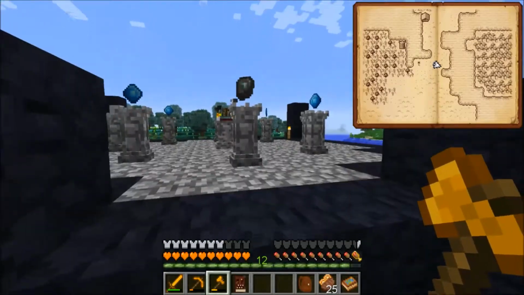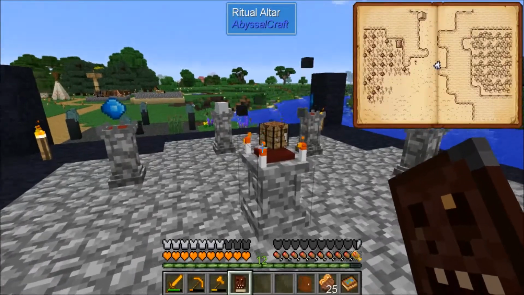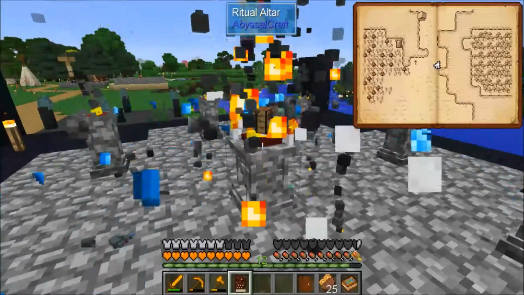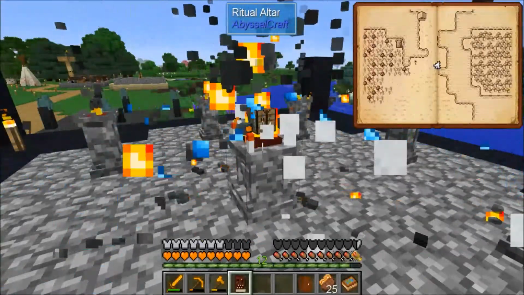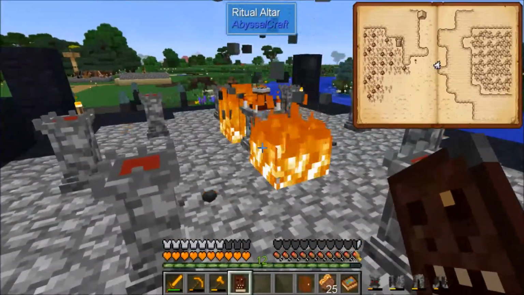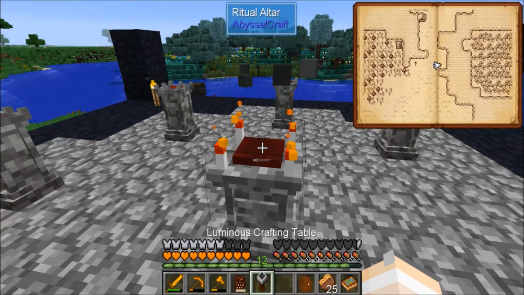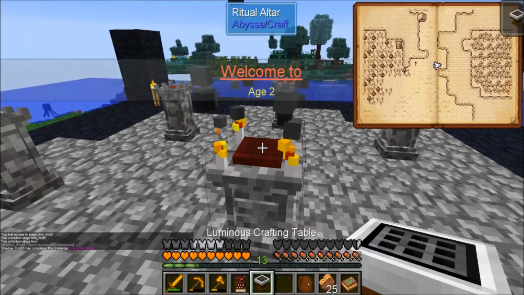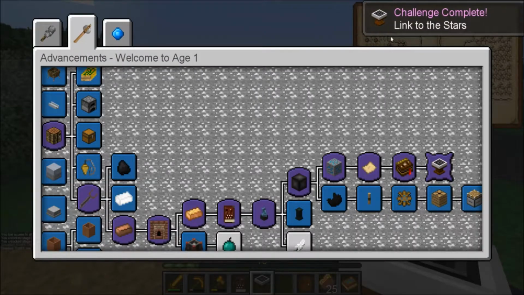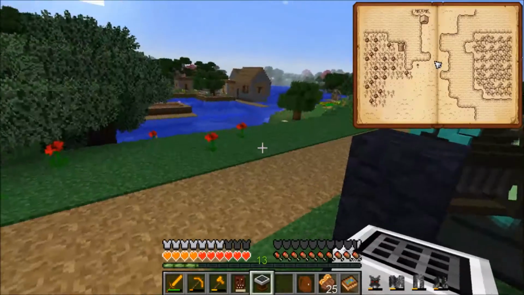Okay, so I've just got the 1000 potential energy ready for the ritual. Let's give this a try. Yes, there we go. It's the luminous crafting table. Is that a new age? Yes, we made it into age 2. That's fantastic. And only a couple of advancements left in this age, which...